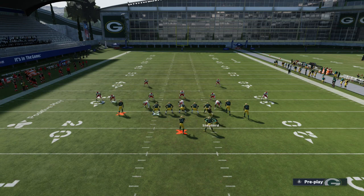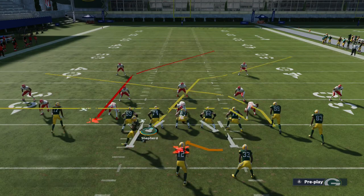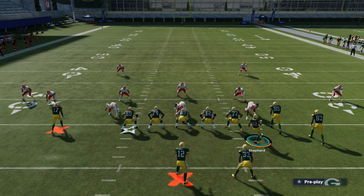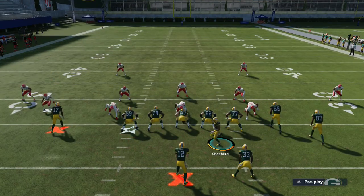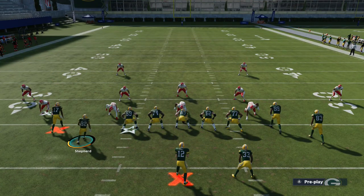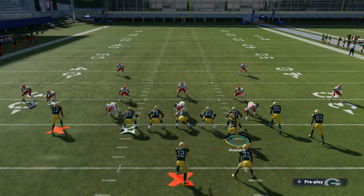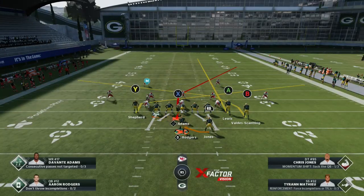And all that's going to happen is the slot corner is going to back up when you motion him. And that tells you, since no other corners are moving, it's not going to be cover 1, it's not going to be cover 3, it's not going to be cover 4. You know that it's cover 2 because nobody else moves except for him. And that's not how those other coverages react to this motion. So once you see that it's cover 2, against cover 2, I run my man beating route because if I can motion him,